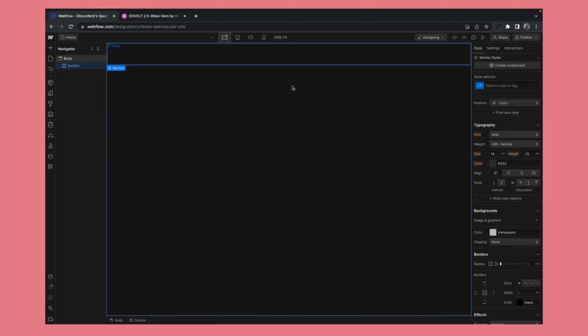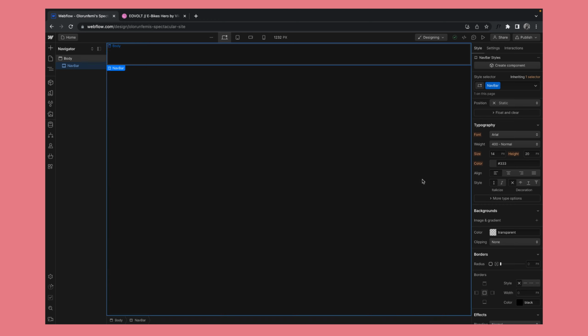What you want to do is to give this section what we call classes or tags. So on the right here, you want to give it a class of, let's say, navbar, for instance. So we are going to have a class of navbar for this particular section. So these class names are reusable, and if you have multiple sections, so let's say for instance we give this